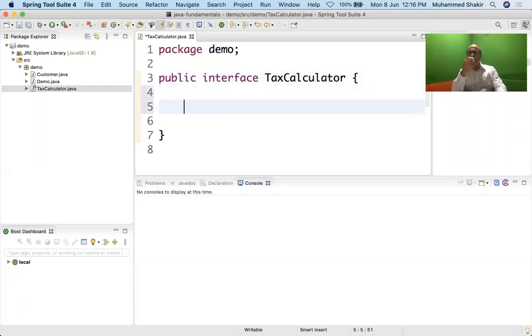Why? See the name interface. What does that mean? It declares the behavior that some other class will implement. I repeat, your interface declares the behavior. It does not implement the behavior. From Java 1.8 onwards, there can be default behavior implemented. That's fine. But then otherwise, this is abstract.